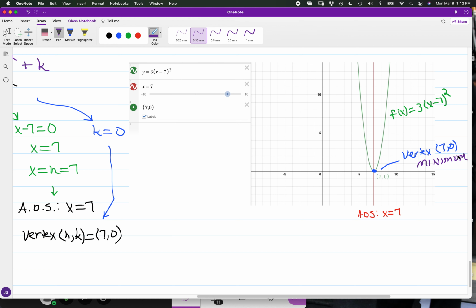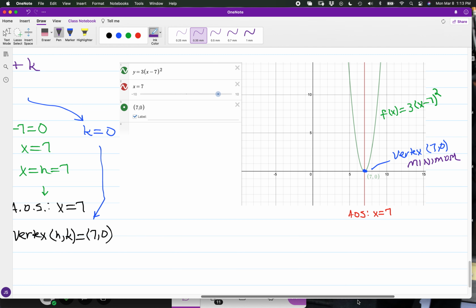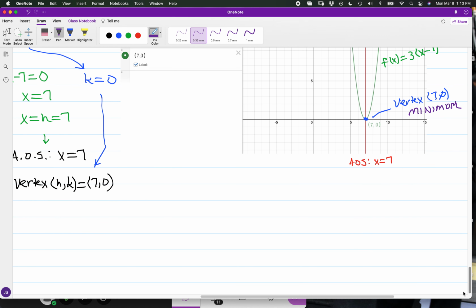So it's a bit binary. The vertex is either going to be a minimum or a maximum, and that is contingent upon how the graph is going to open. Right. Now, for what we have in the case of the other quadratic function,